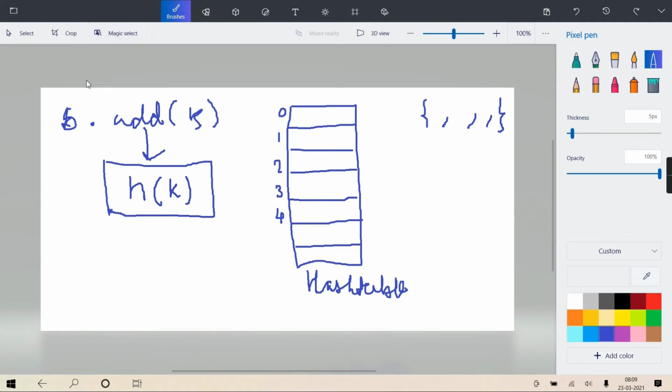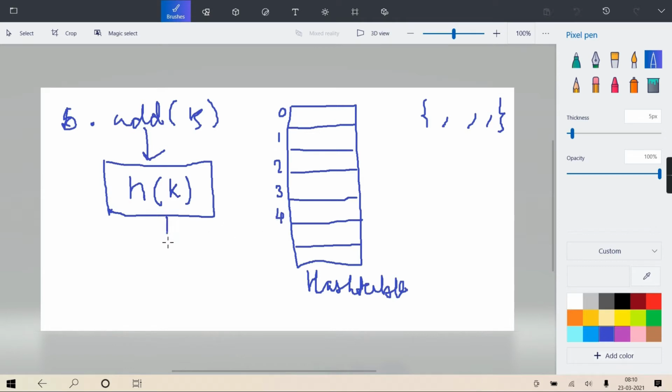Now whenever you call set object dot add and you give your element, this add function gives it to one mathematical function called a hash function, and this function will do direct key to address mapping.